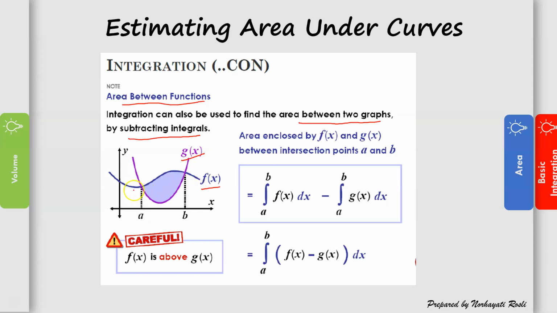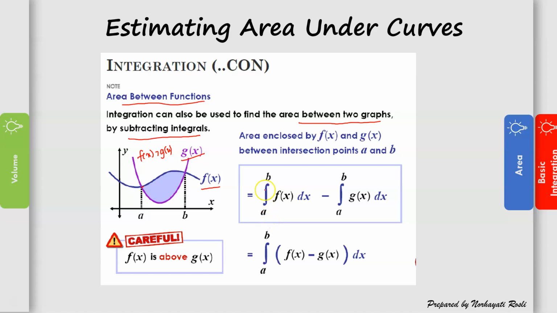Now if you see this, in this region from A to B, f(x) is greater than g(x). Why did I say that? Because the f(x) graph is above the g(x) graph. So how can we compute the area? The area enclosed by f(x) and g(x) between intersection points A and B, as given by this figure, equals